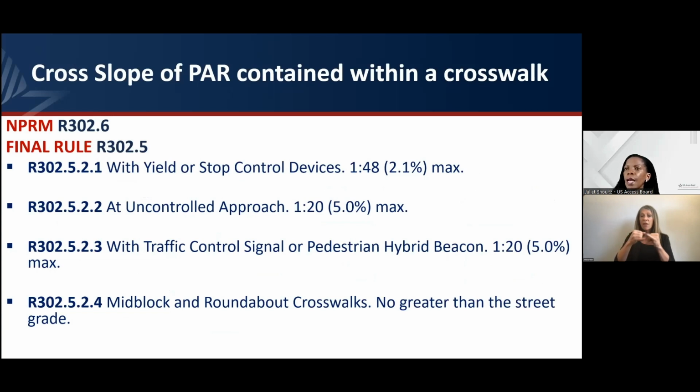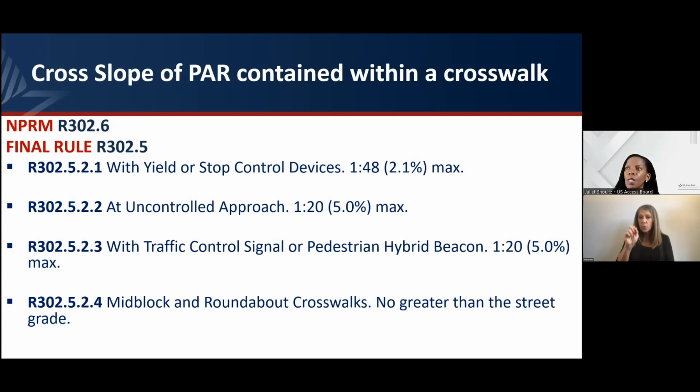In the final rule, we have specified the cross slope of pedestrian access routes contained within a crosswalk, and they are separate sub-provisions. The requirement is still the same. So in the final rule at R302.5, we have provisions under that: 2.1, which is yield or stop control devices, 2.2, uncontrolled approaches, 2.3, traffic control signal or pedestrian hybrid beacon, 2.4, mid-block and roundabout crosswalks. And the requirements are the same as what we articulated in NPRM